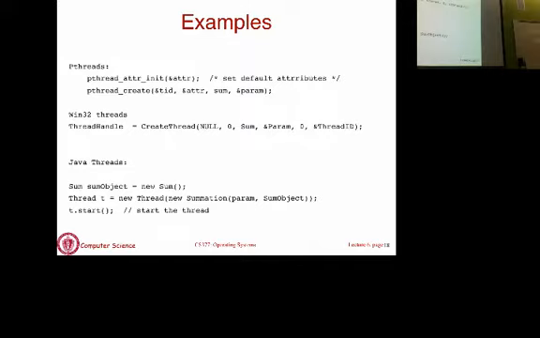Once you do that, any Java code is still going to call new Thread, and it will work the same way. It shouldn't matter whether the underlying threads are user level or kernel level. That's an implementation issue for somebody who's implementing runtime systems and the OS, not for the programmer. The programmer's code is going to use this API. It doesn't actually matter whether underneath they're user level or kernel level threads.